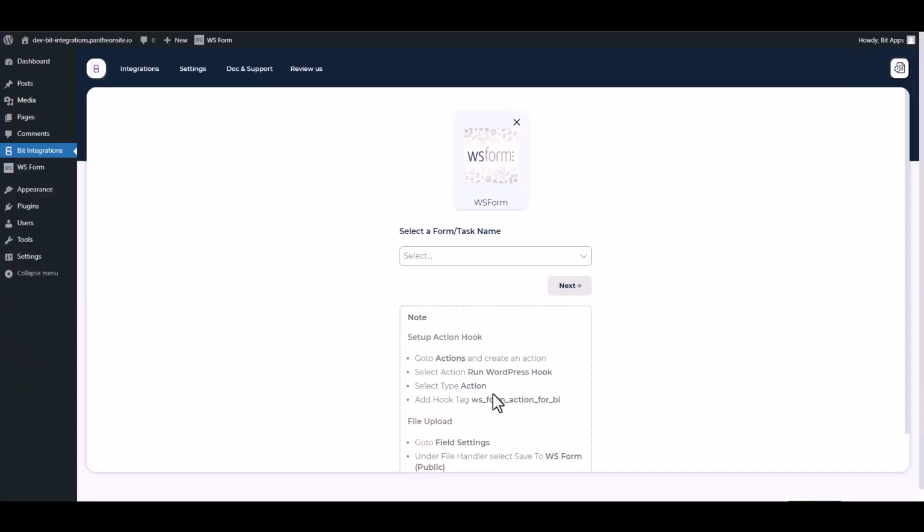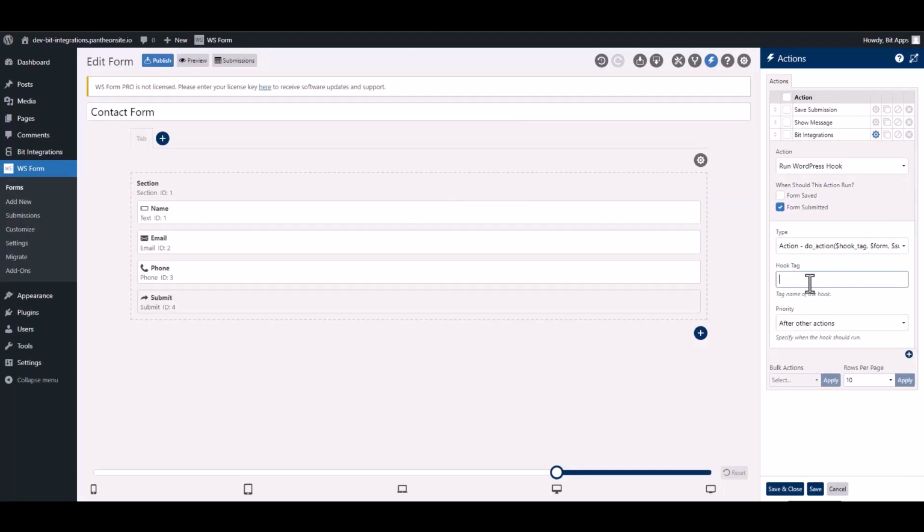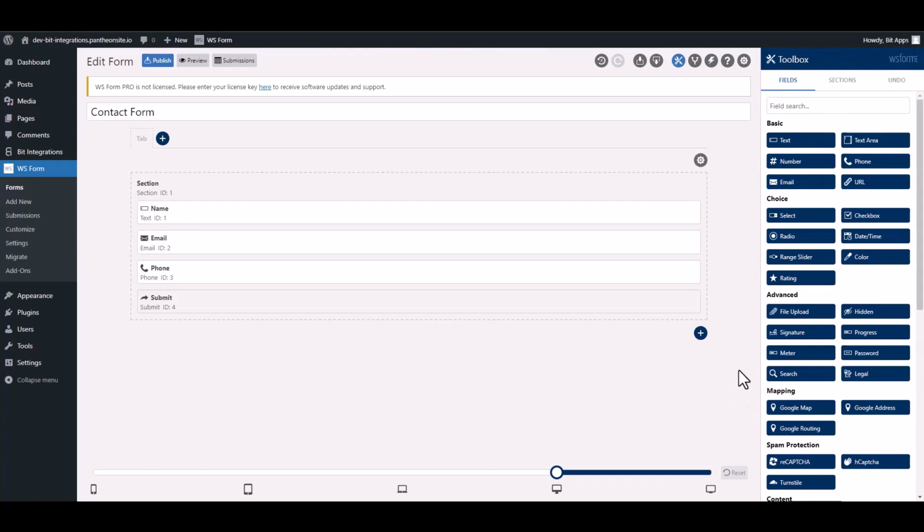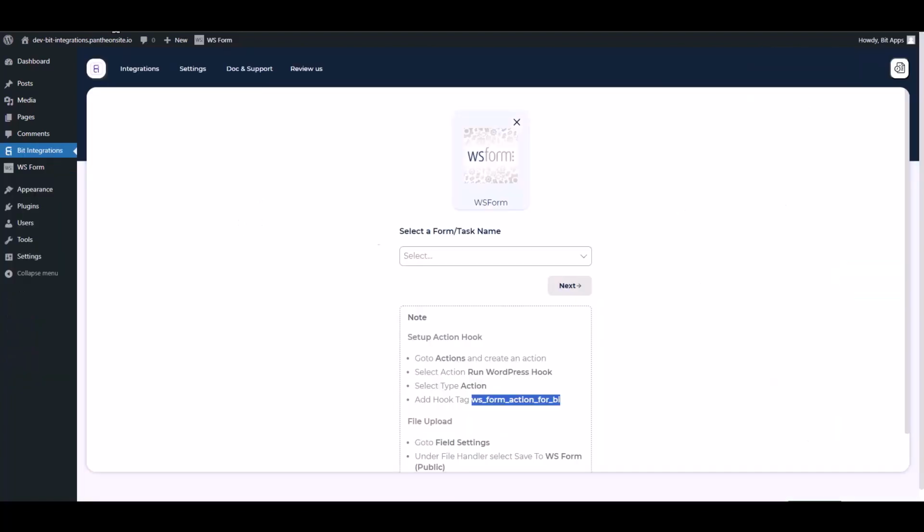So go to the integration site. Under the note, copy the hook tag, then paste it on the WS Form. Save and close it. Now go to your integration site and choose a form. Next,